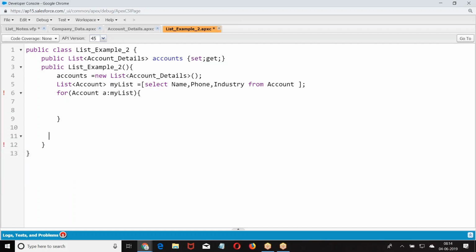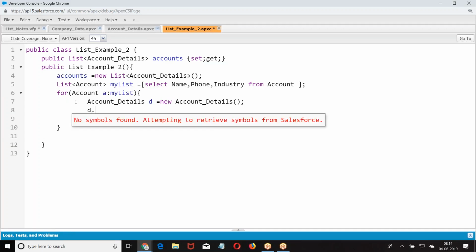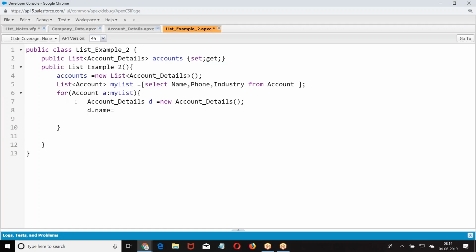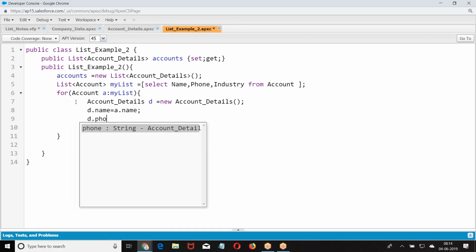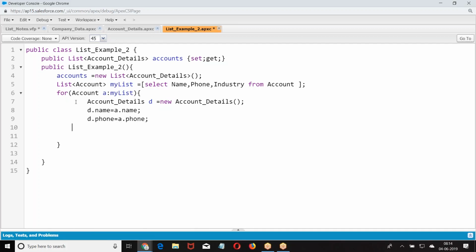Now what is your choice here? Take one by one. When you are getting a group of records, take one by one. Then I am saying account details D be equal to new account details. What did I do? Created one account detail. What is that account detail? It's a wrapper class. Created an object for account detail. In the account detail, what do we have? D dot name equal to A dot account name. D dot phone equal to A dot phone. D dot